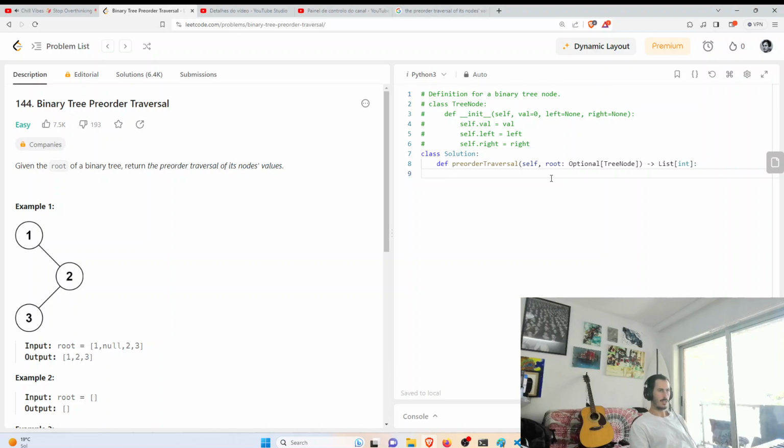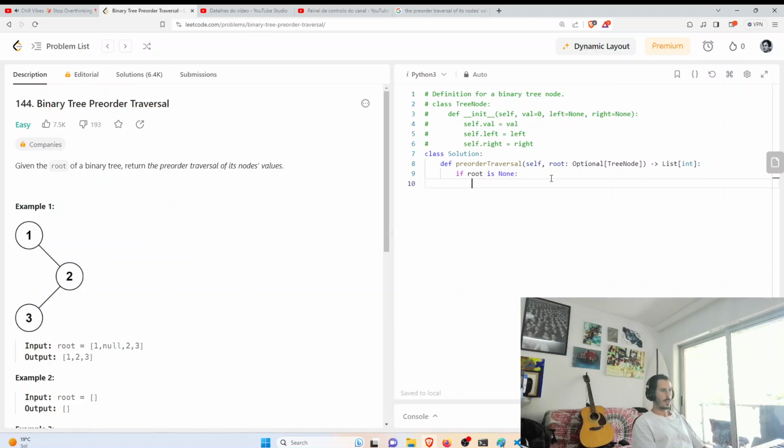I guess that we can do recursive. We can do something recursive. So I guess that start with the edge case. If root is none, return an array. So return the root. So root dot val